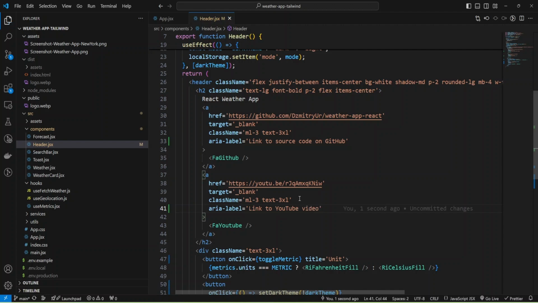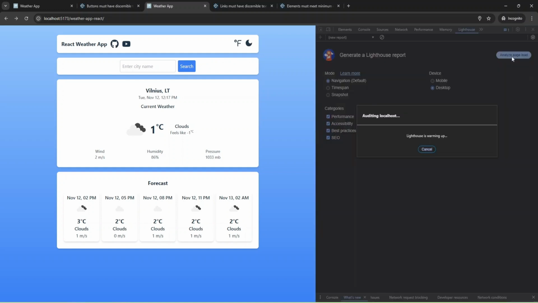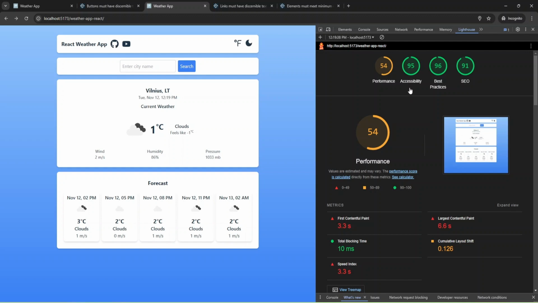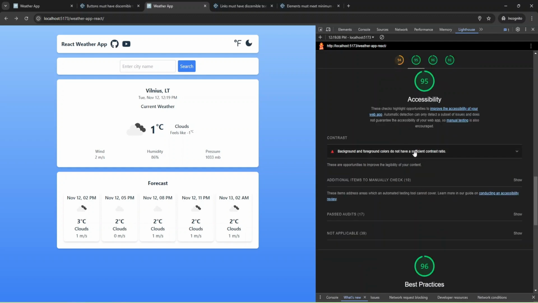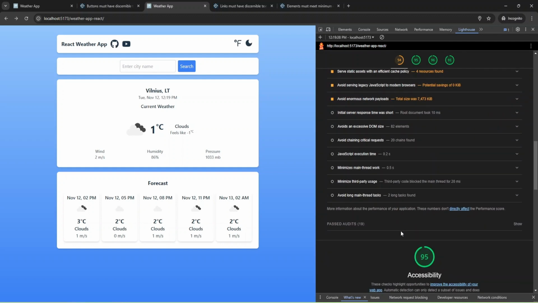Now I'm going to save and open my browser, and now I'll start a new report and analyze it again. As you can see, my accessibility score is now 95, and it's looking good.